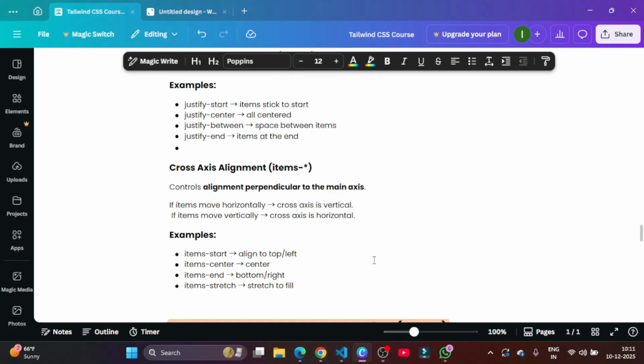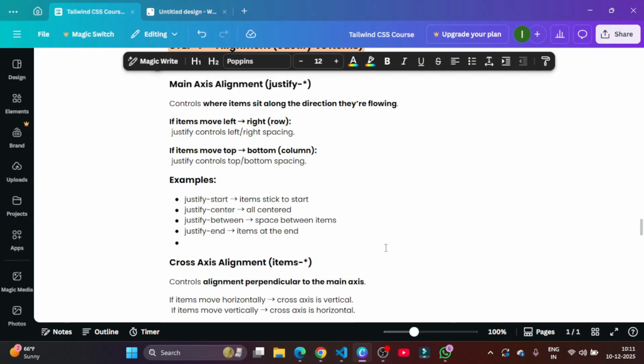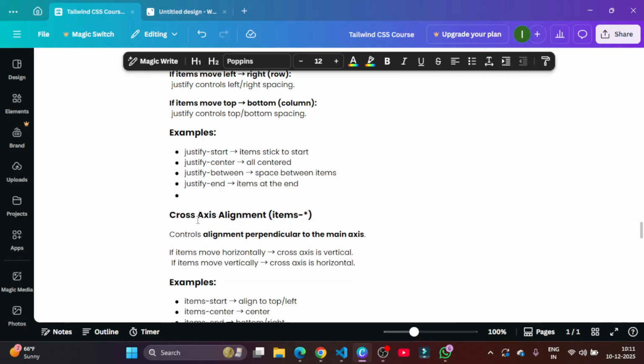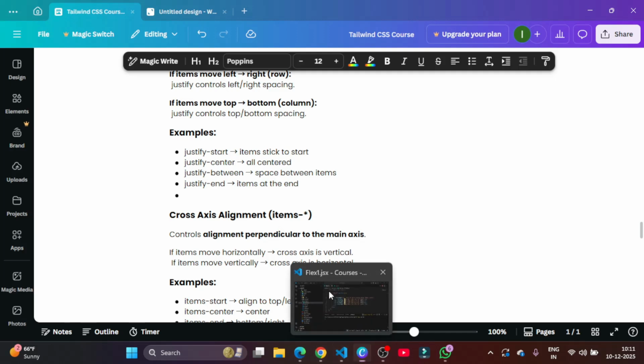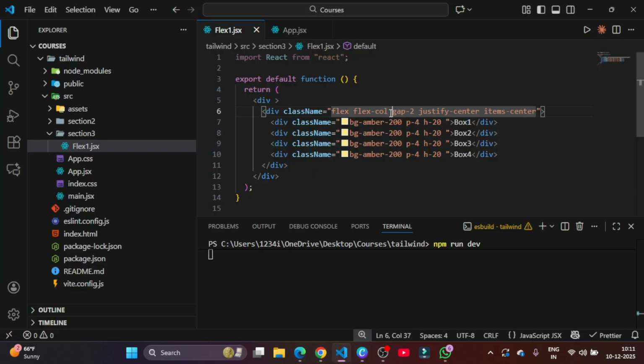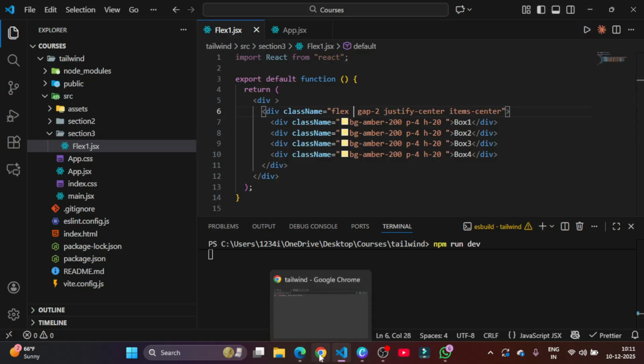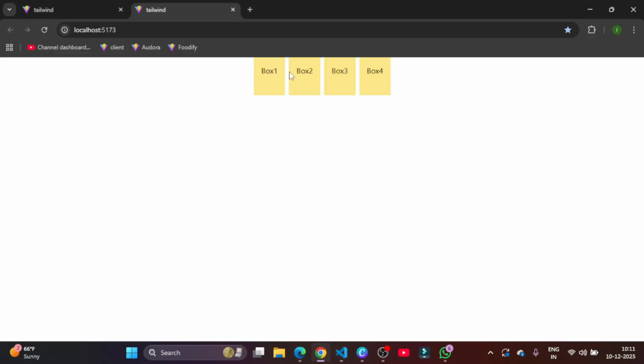Keep in mind, if you change the direction, the movement, the cross axis and main axis will also be affected. So if I put again the default behavior, now you can see a difference, right? Now it becomes